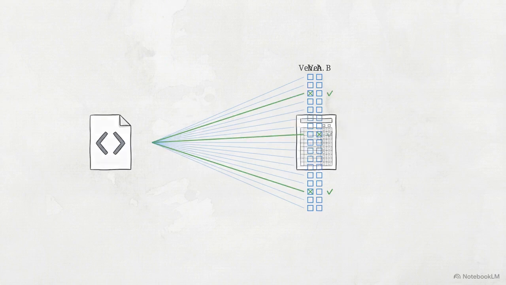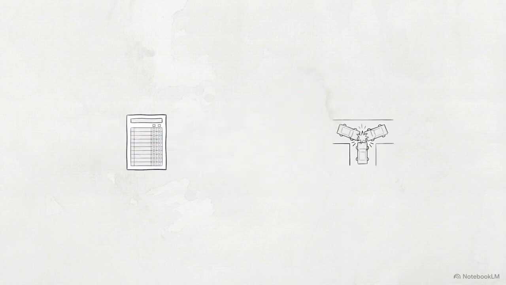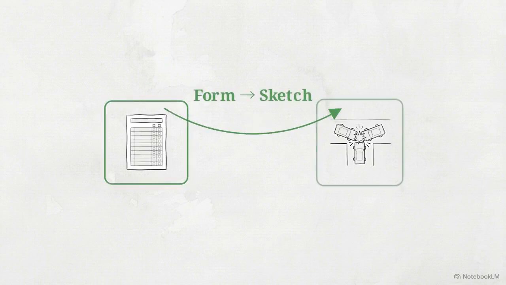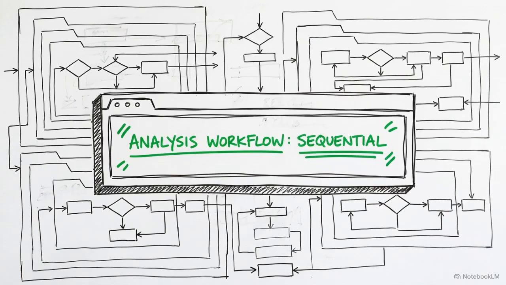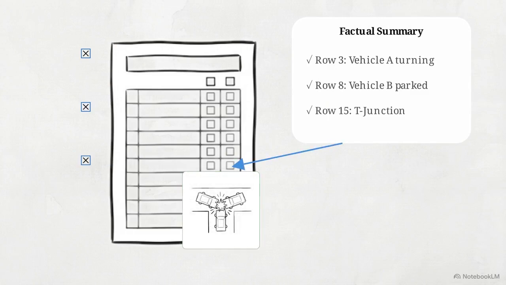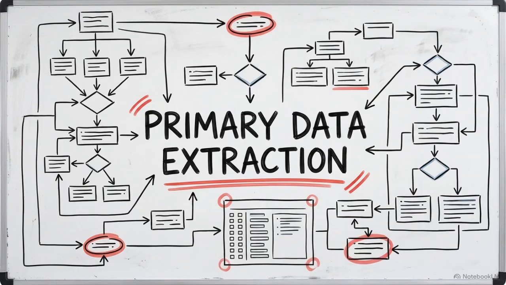Even with the right definitions, the sequence of analysis determines the quality of the output. If the model begins with the subjective sketch, it struggles to find a baseline. We must enforce a strict order of operations, directing it to process the factual data of the form first. We update the prompt to force a systematic evaluation. The model must list every finding from the checkboxes and build a factual summary before it is allowed to interpret the unstructured drawing. Establishing this factual context first is essential.